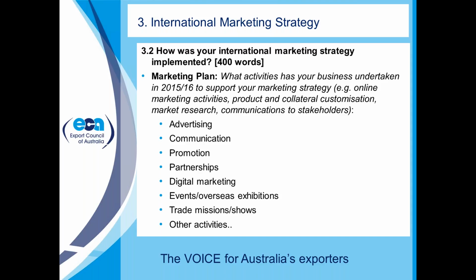It's really important that you list here what you do. If it's not listed here, the judges just aren't going to know about it. So again, don't underestimate what you do. The first one was describe your strategy, and then 3.2 was how did you implement your strategy, and then 3.3